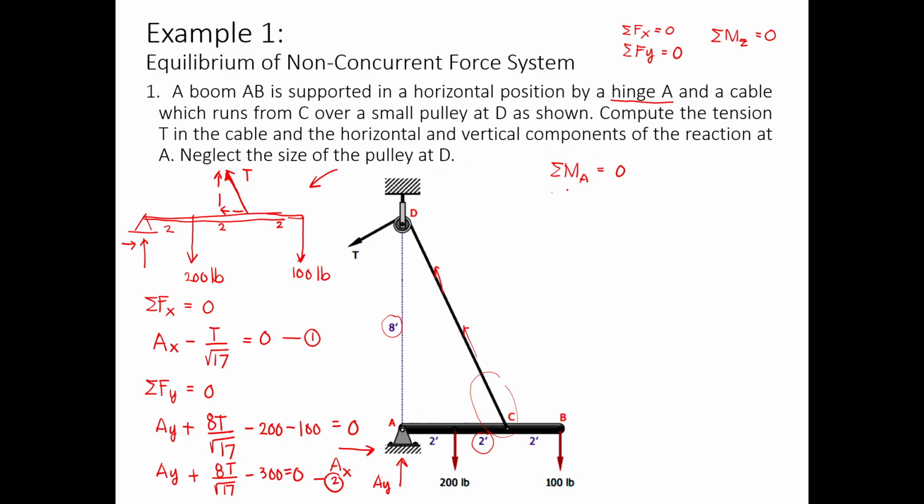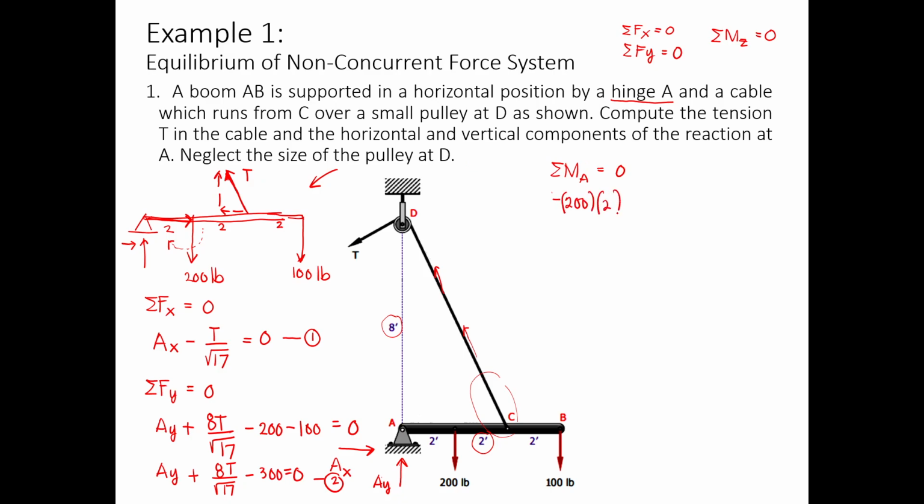So if we're going to solve this, first get the moment of the 200-pound force. If you push 200 pounds with a 2-foot distance, the rotation will be clockwise, right? So this will be negative 200